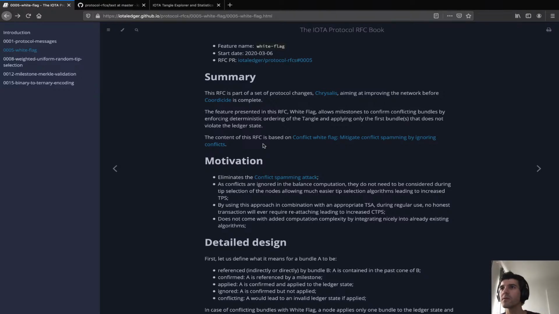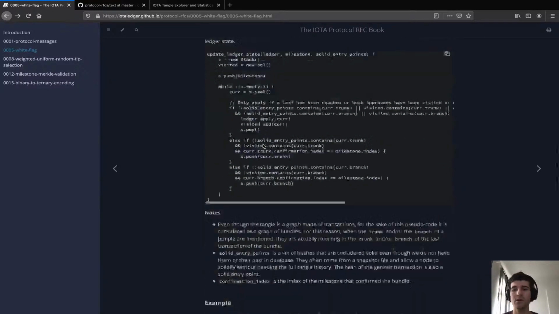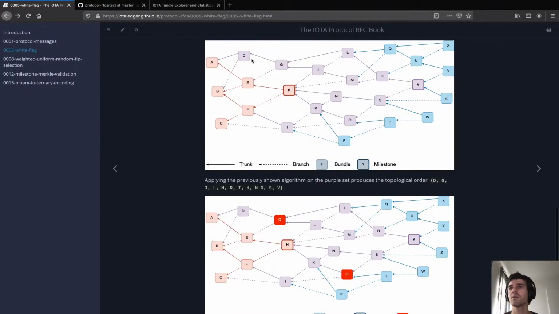But there is a question in the chat: what if they have the same height? It doesn't change anything. It doesn't change anything that they have the same height, because there is only one ordering possible, and it's the post-order DFS trunk branch. If you apply this ordering, you will always have a first transaction and then a second transaction, even if they